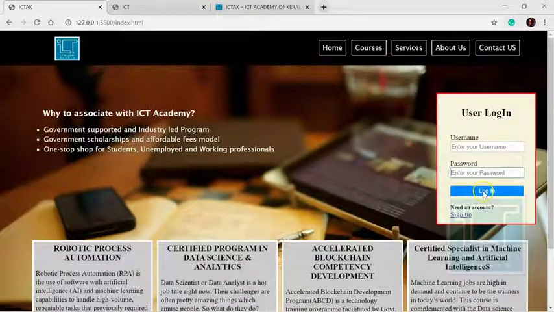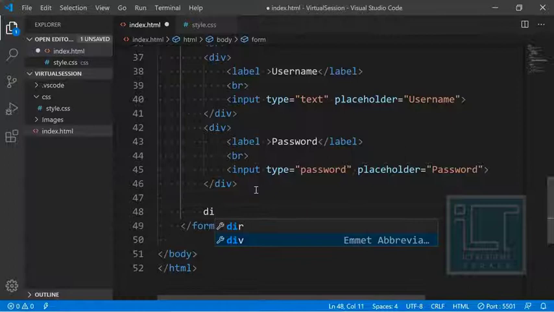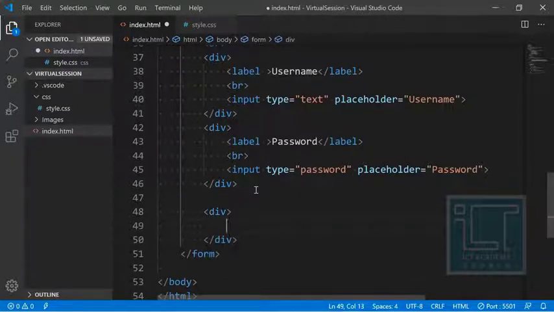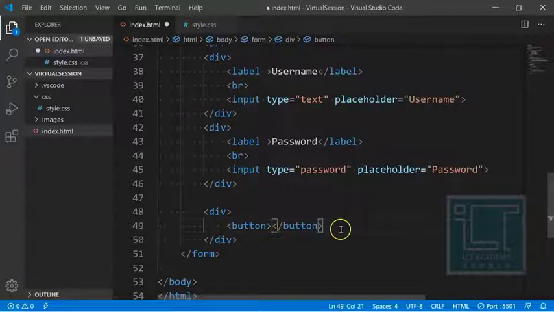Next one is our login. This is a button, that means we are clicking on this button. If I want to click on this button, then I'm going to give this in another div tag. There are two options to give a button. You can either use an option called button, or you can give another option like input. Instead of text and password, we have to give it as submit. Submit means we are submitting that particular form to the server. So usually we will give it as submit.